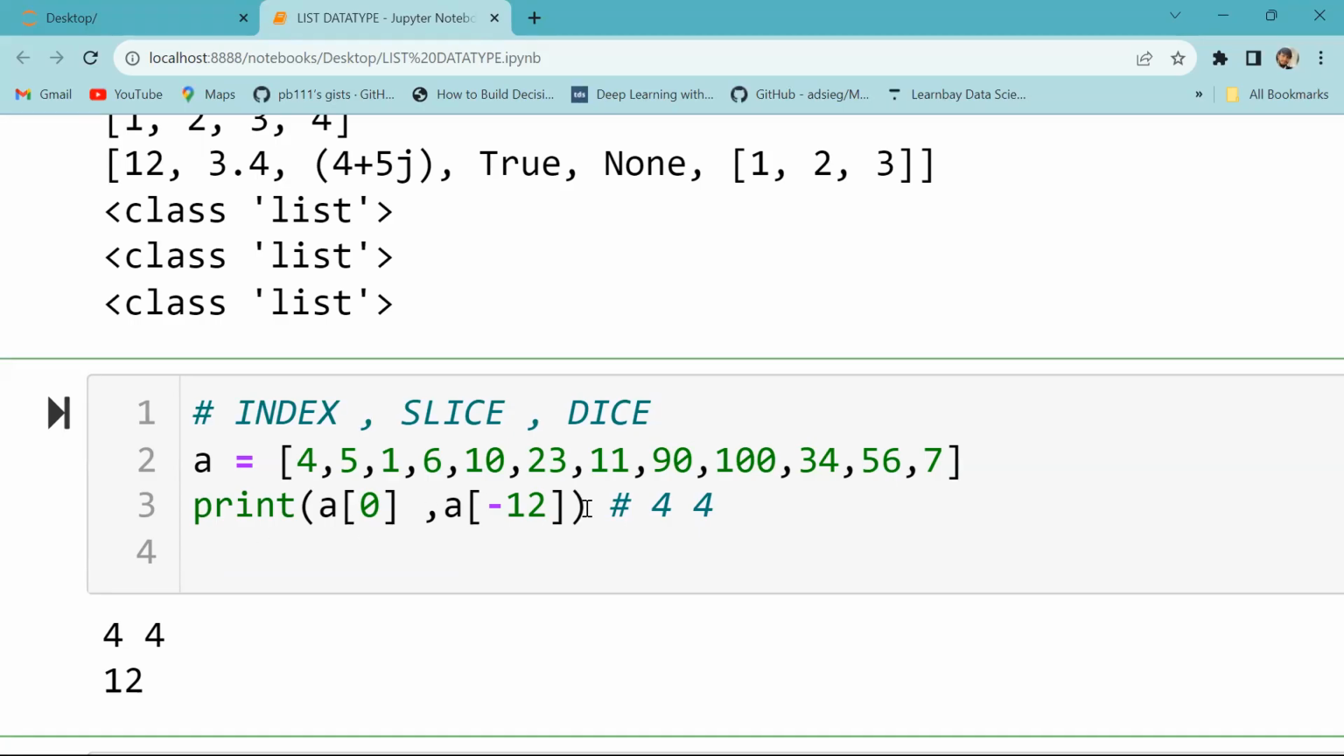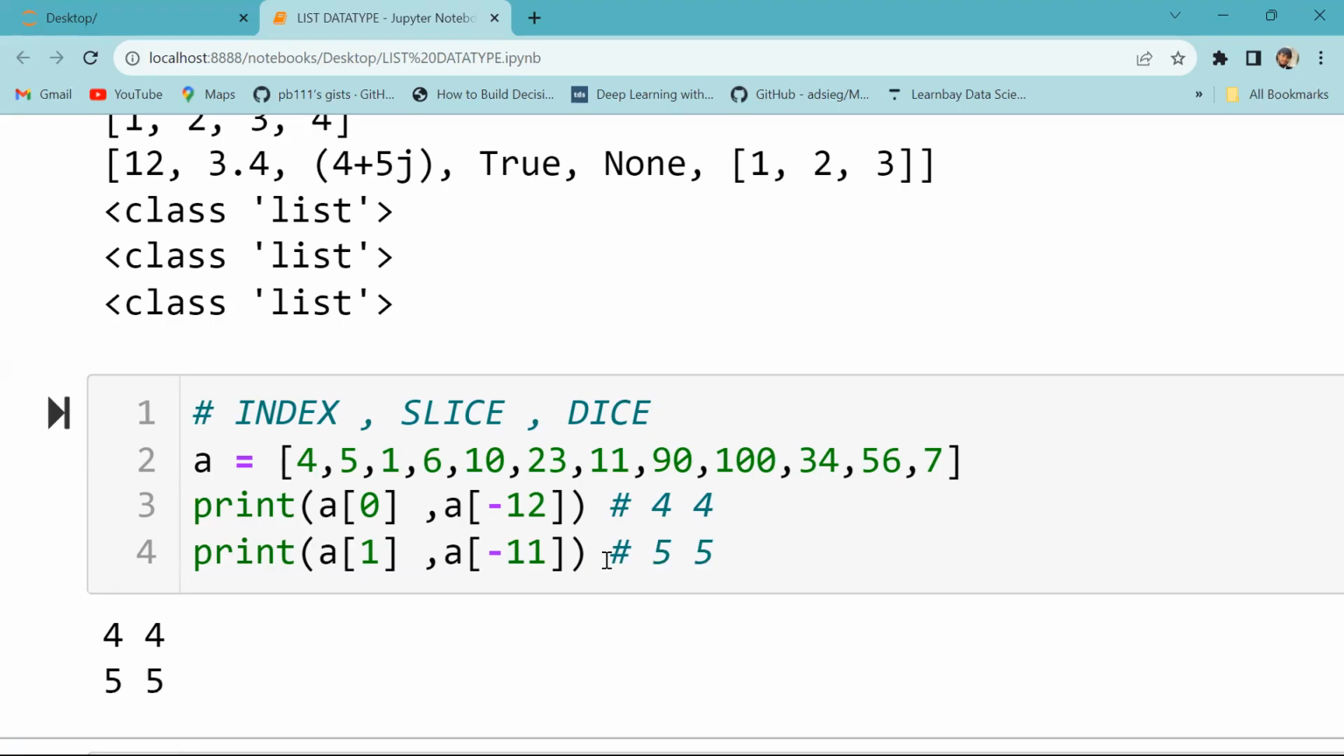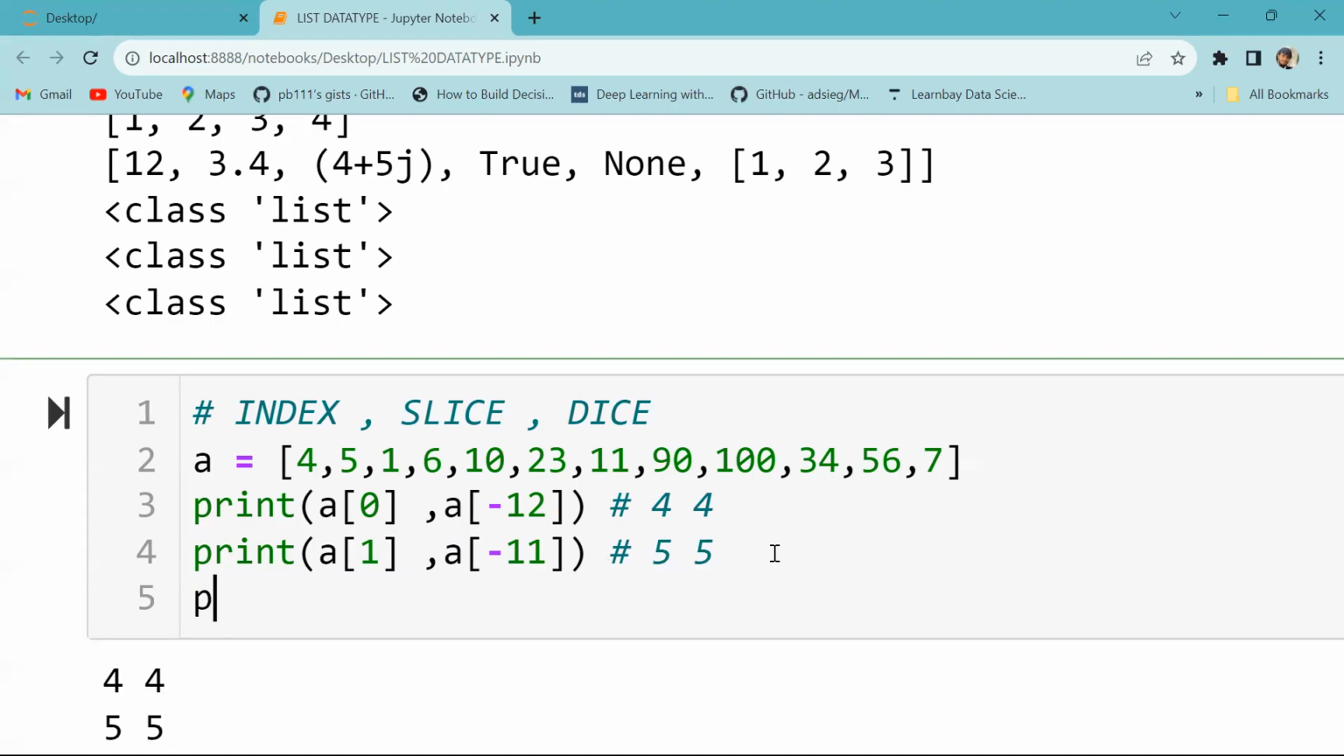And in the same way, with positive indexing and negative indexing, A of 1 and A of minus 11. So at this moment, what will you get? Five, it's a five. 5 and 5, right? Yeah. So the same thing we can try with